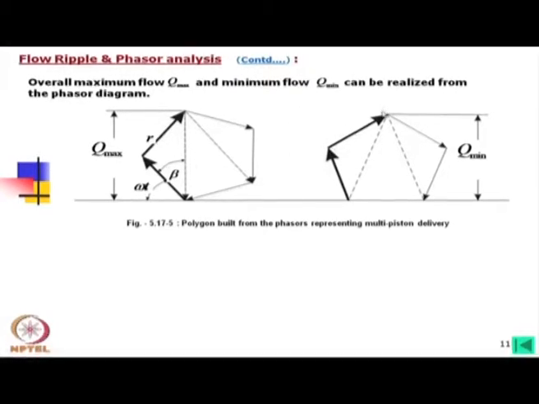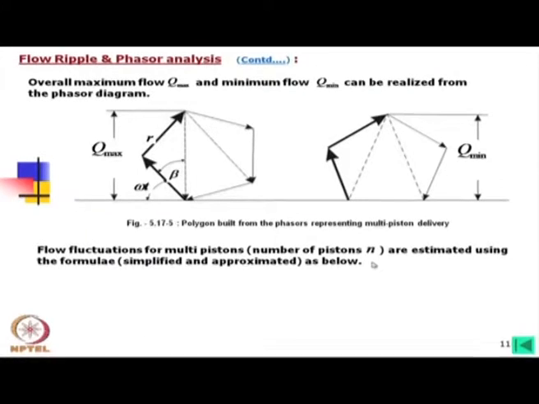So, in that way we will get a wavy curve, which is the flow ripple, but this is again ideal. We are not considering any higher harmonics, only the sinusoidal basis. However, we can formulate this. Now, flow fluctuation for multiple pistons, with the number of pistons say n, is estimated using the formula simplified and approximated as